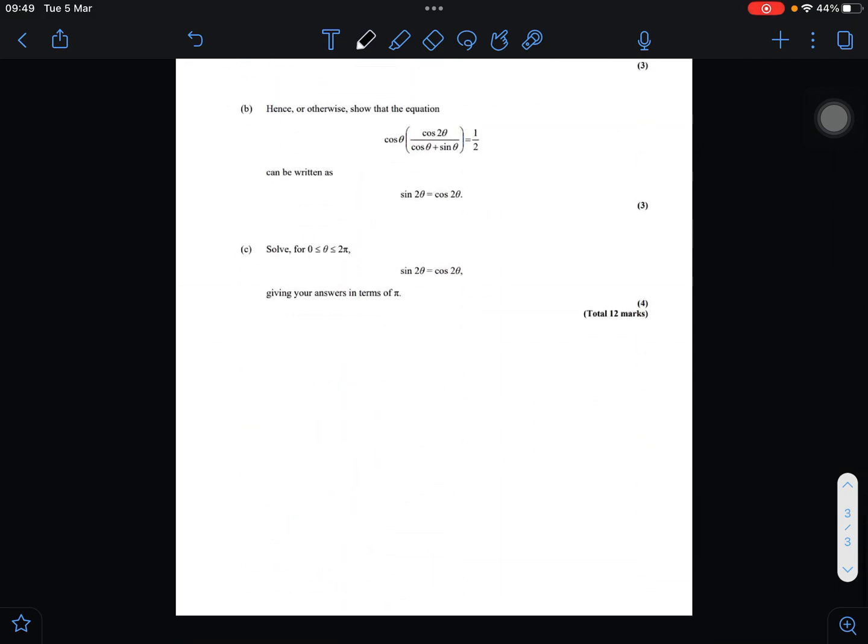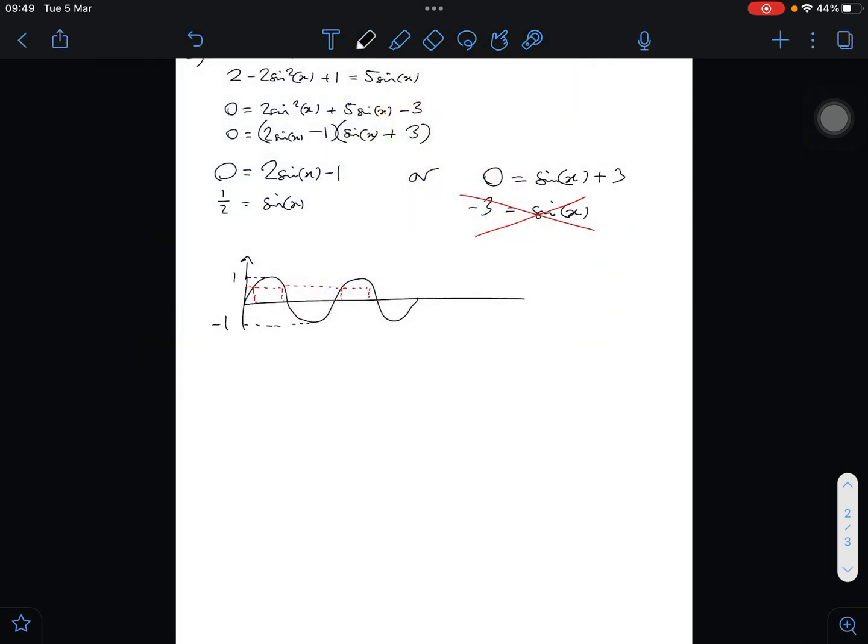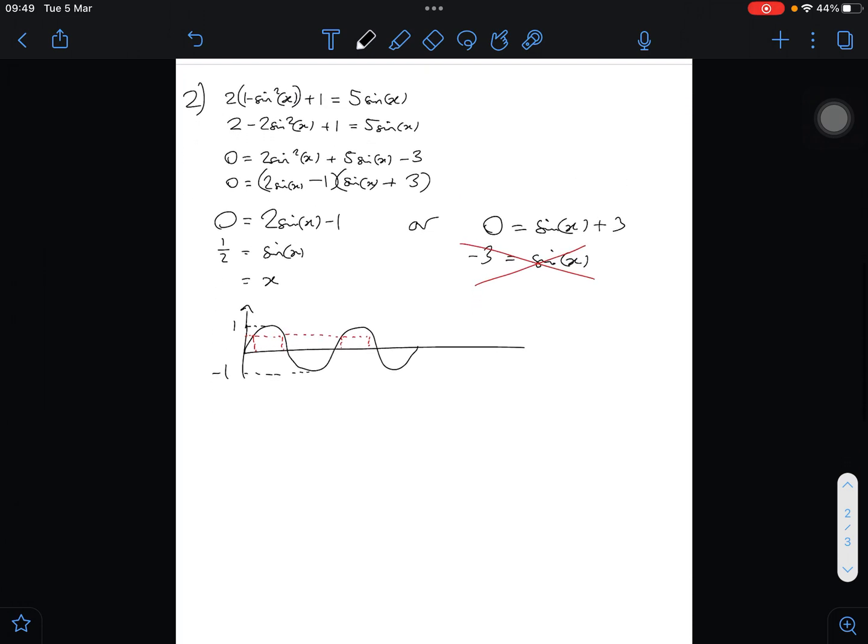And then we'll look at the other solution. That gives us that sine of x equals a half. So we know that we're going to get some point here that's going to cross wherever sine of x equals a half. And that implies that you can plug it into a calculator, but the x would be 30, I think. 30 degrees, which is actually pi over 6,